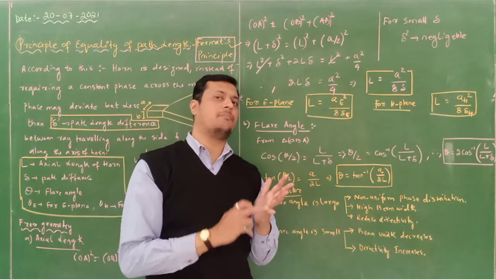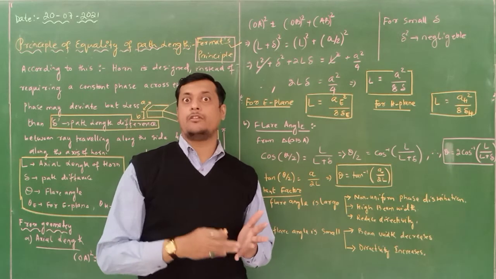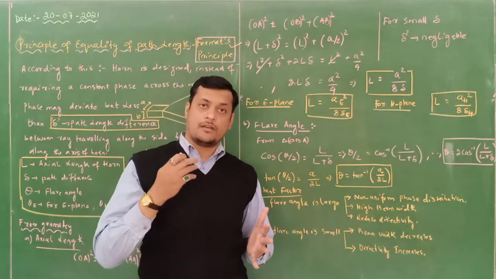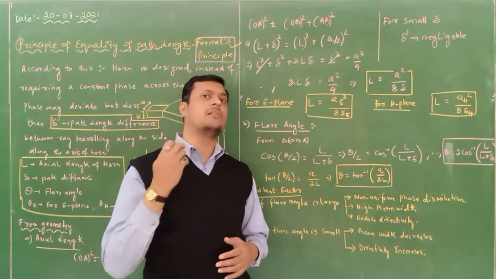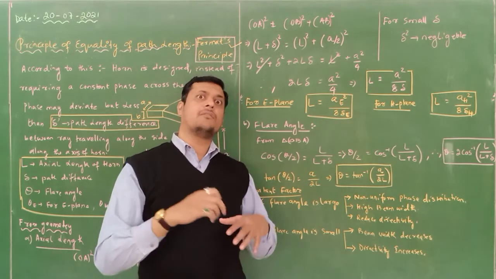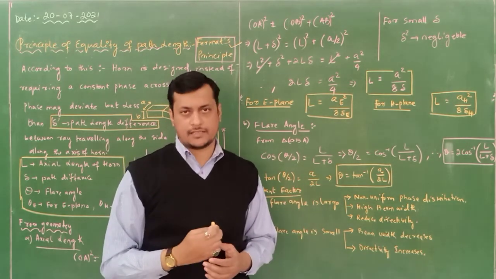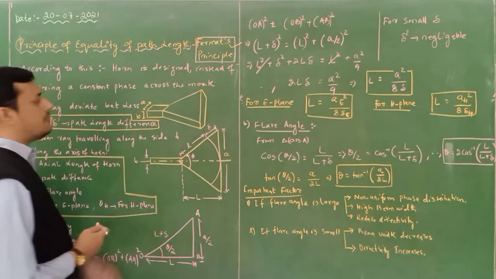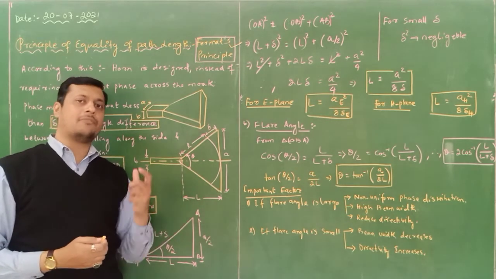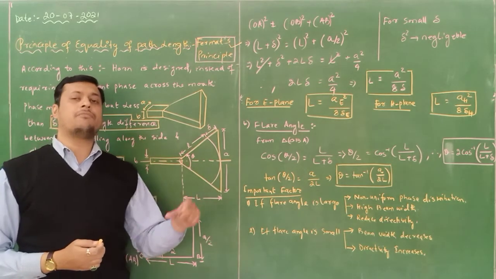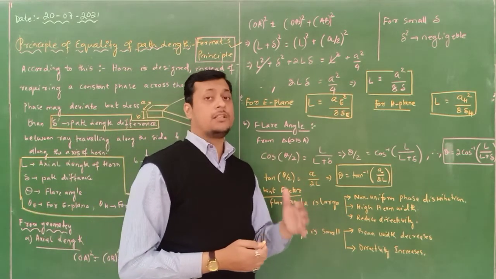Okay, what are the basic parameters, which parameter needs to be reduced, which parameter needs to be increased, and what are the important factors behind that, in order to transmit this signal over a longer distance without affecting the other parameters? What are the features? That we will see in this. Okay. Now, according to this particular principle, this horn antenna needs to be designed in such a way that it will maintain the uniformity of phase.